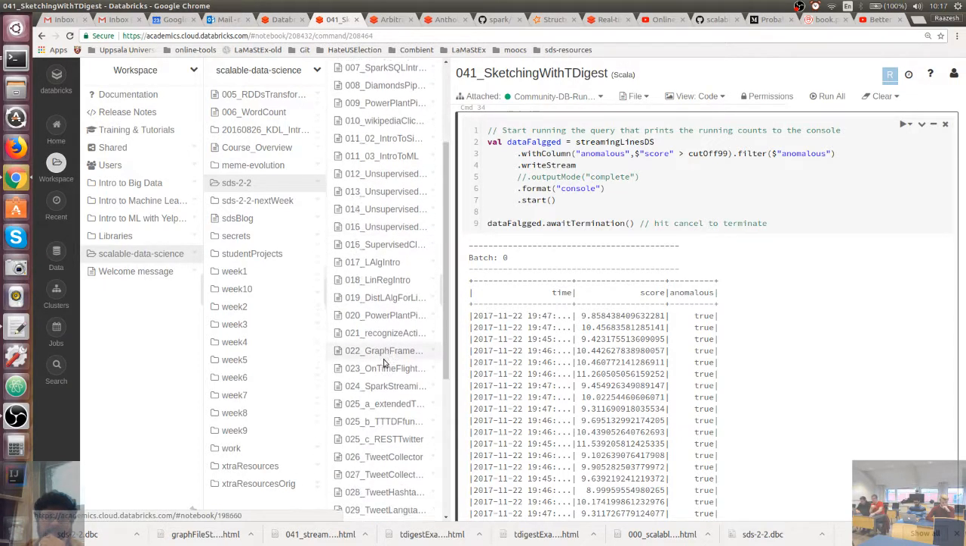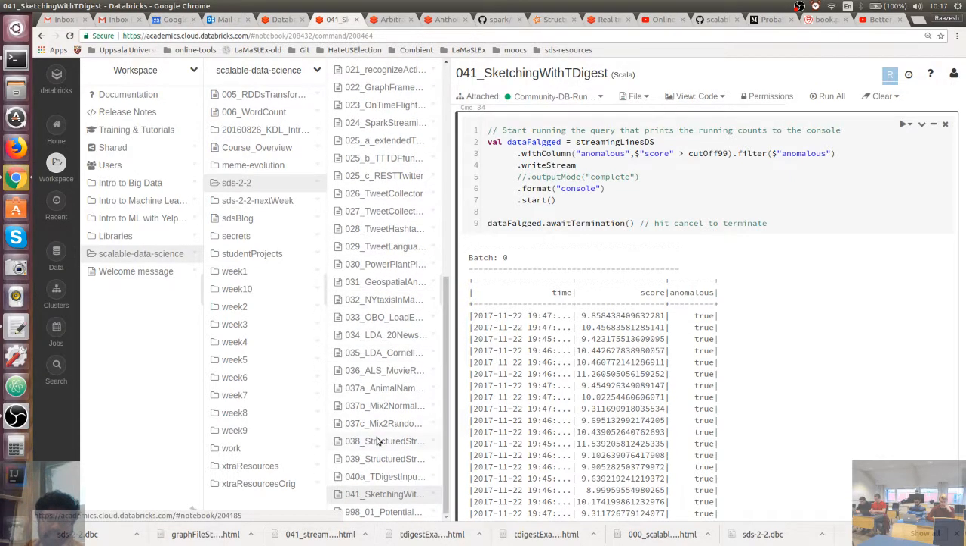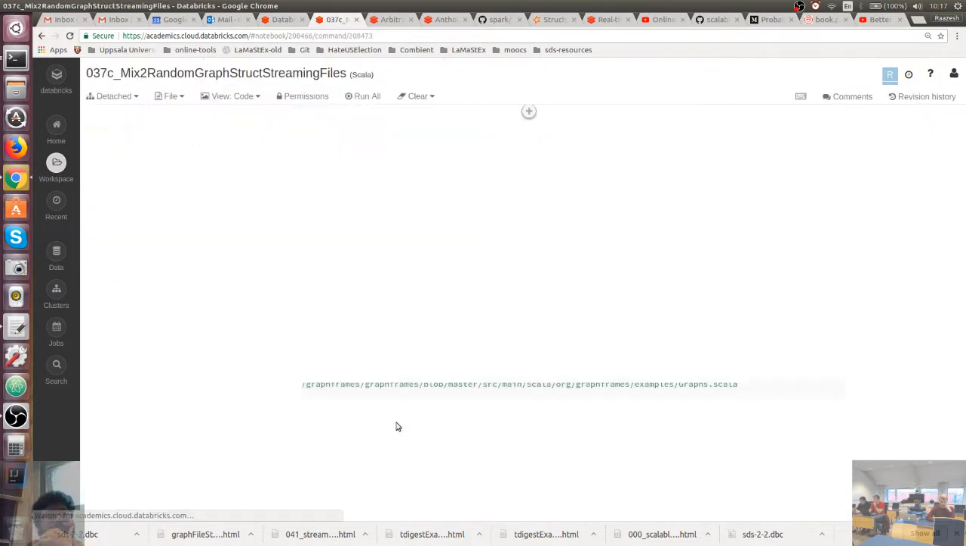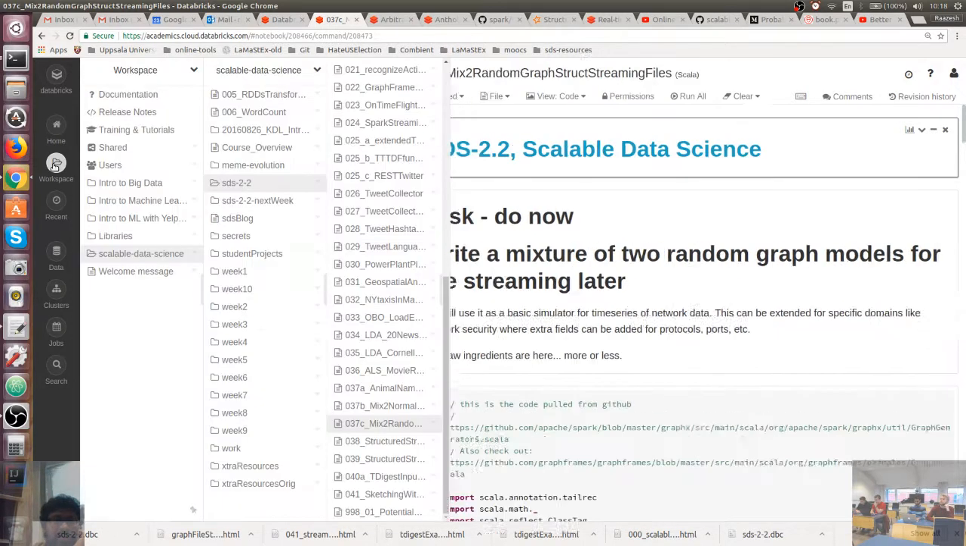Yeah, so please upload the latest BBC archive. This updated literally 4 minutes ago or something. So I thought what we should maybe do first is play with this notebook, and maybe we'll spend a little time trying to create a simulator that produces a mixture of two random graph models, right? We just did this little mixture of two Gaussians yesterday we were playing with, 037B, I think, and then